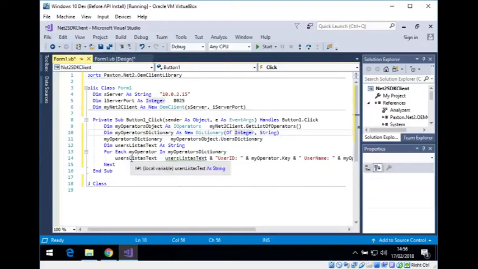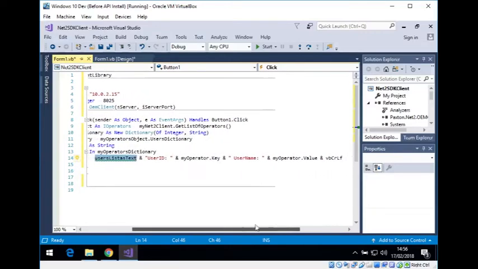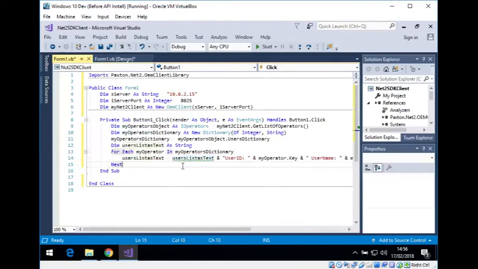So users list as text will become users list as text, and then it will append on the user ID and user name. And then I want to message box